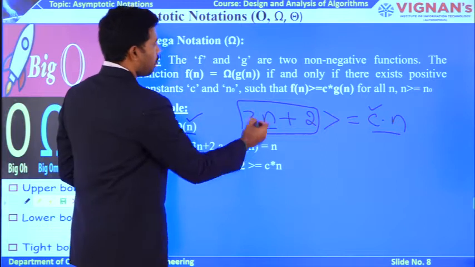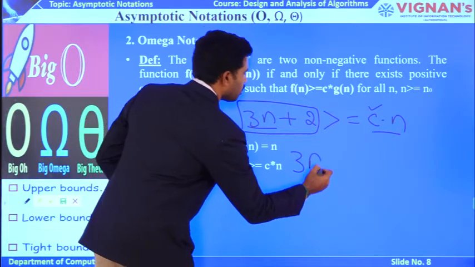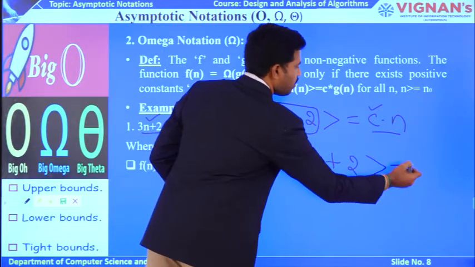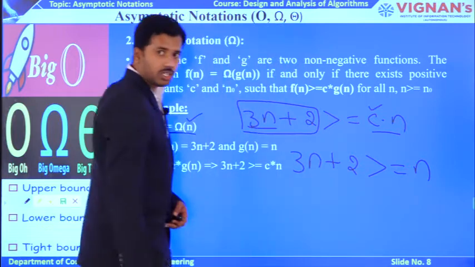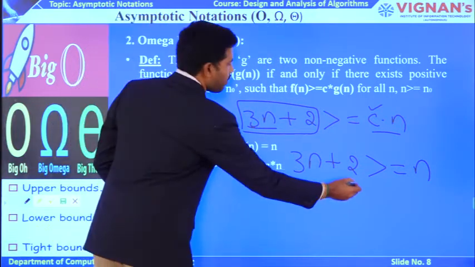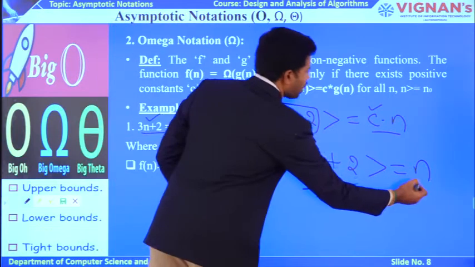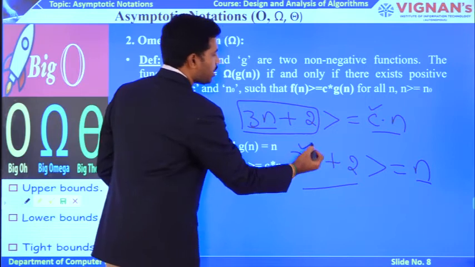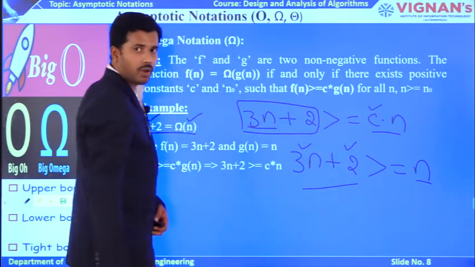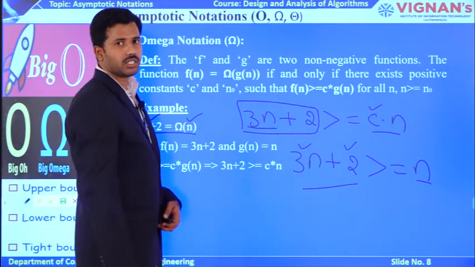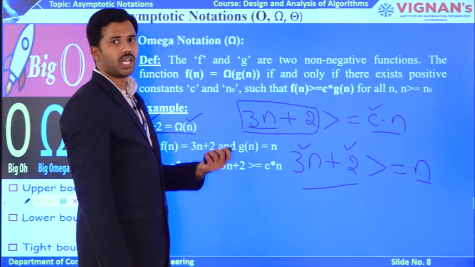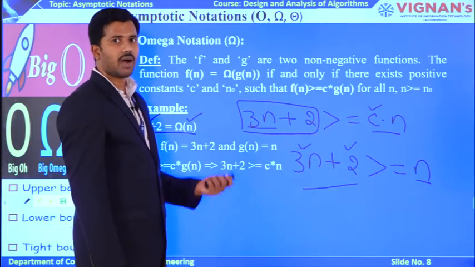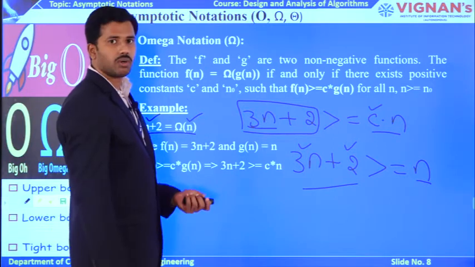Okay. So, you can take c value equal to 1. Because here if you take c equal to 1, my relation becomes 3n plus 2 greater than or equal to 1 into n, right. If you observe very carefully, f of n has a higher value. Why? Because g of n has only the linear power, which is n, but here that linear power is multiplied by 3 plus a constant 2 also. If you take c value equal to 1, this equation starts satisfying, but do not take c value equal to 1. You need to prove this f of n equation as well as g of n equation must have the same power. Now, try to take c equal to 3 onwards.